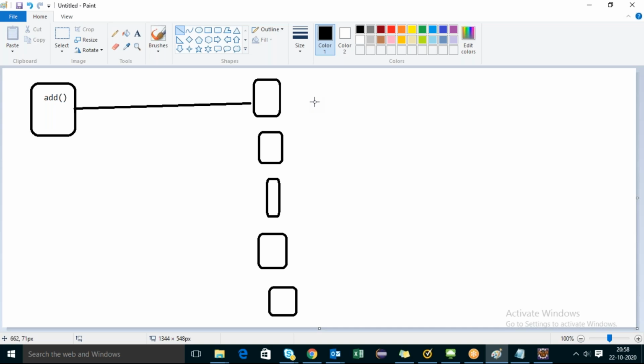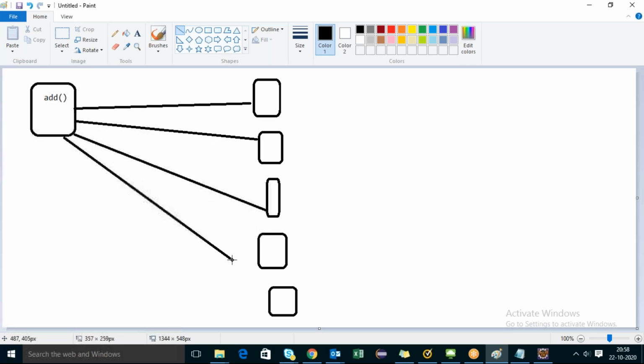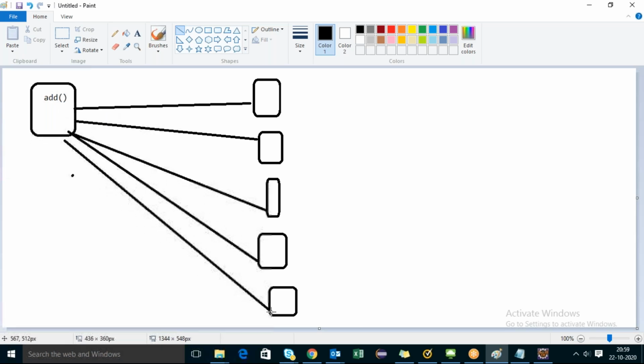If it is non-static, obviously we have to go for an object, right? Now, every time creating an object, calling the method, creating an object, calling the method. So this is not a good practice, team. Let's consider there are 1,000 classes. How many times you have to create an object for this class? 1,000 times. That's not a good practice,